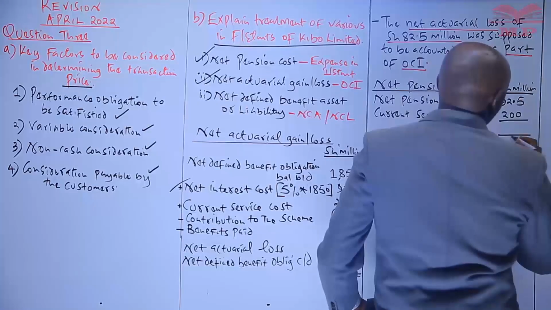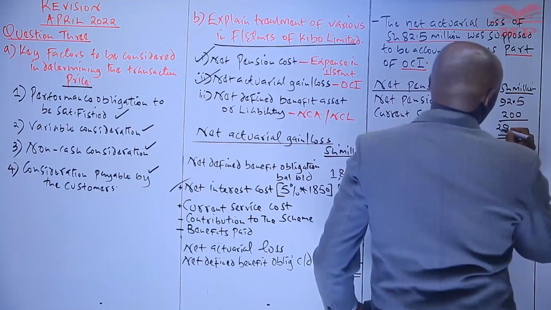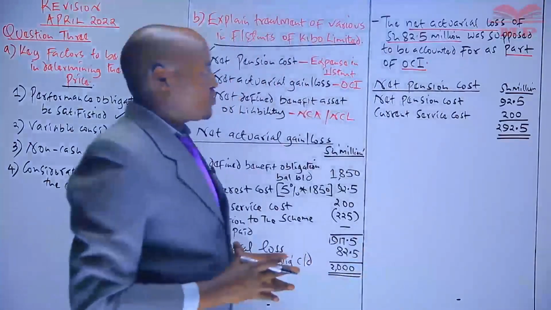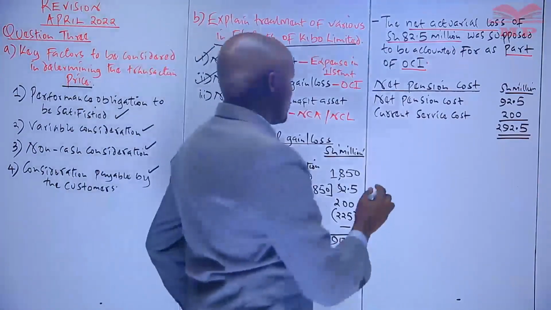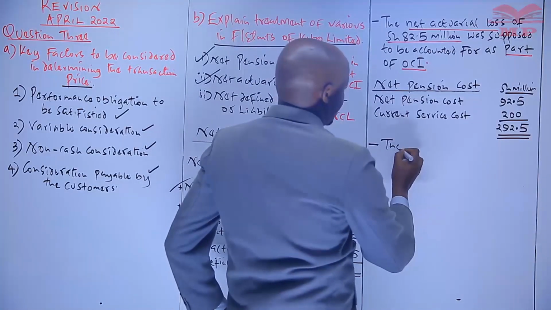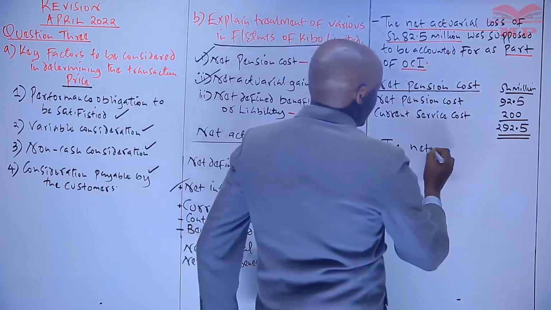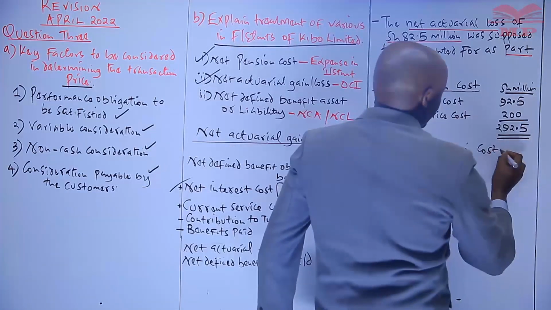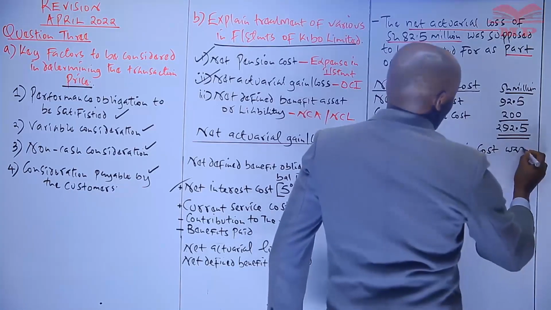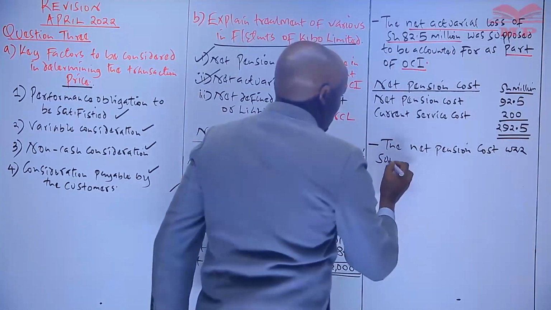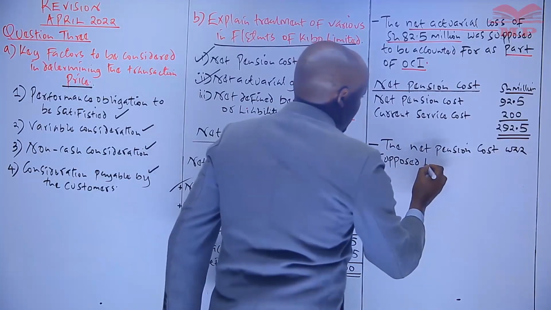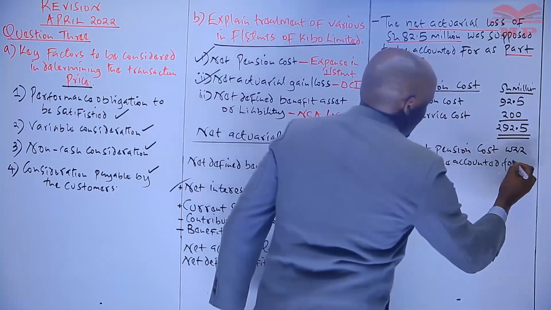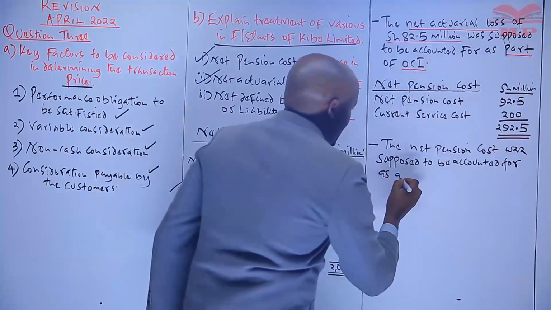So therefore, the net amount here, which is 292.5, was supposed to be accounted for as an expense in the income statement. So therefore, we can give that explanation here. The net pension cost was supposed to be accounted for as an expense,